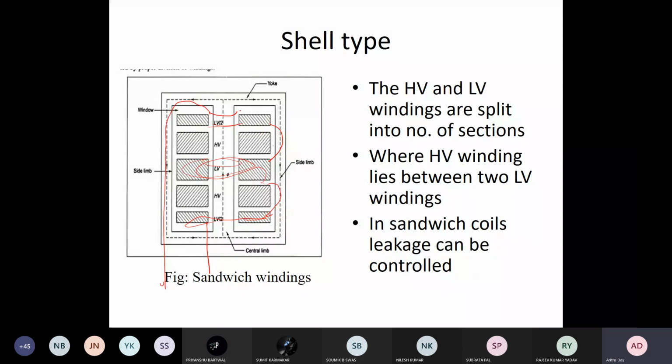And for the HV, in a similar way you can take out your leads and you connect like this. So this is done because there should be lesser leakage and lesser leakage impedance. This kind of winding is preferred to reduce the leakage losses. Okay,